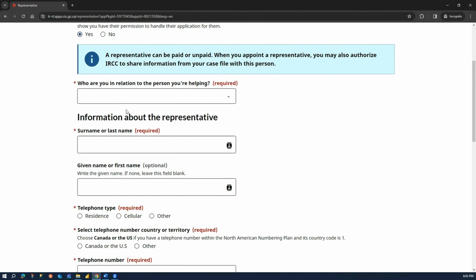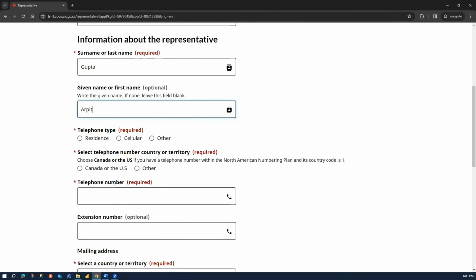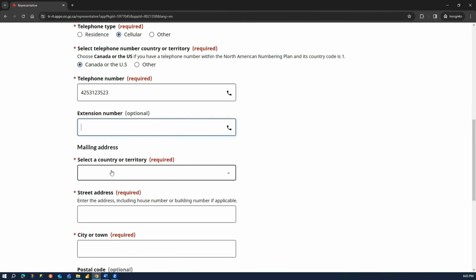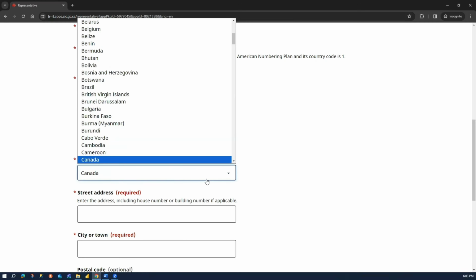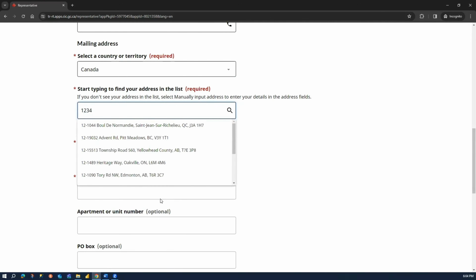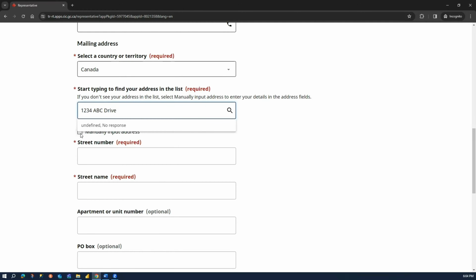Who are you in relation to the person you are helping? So, family member. And then my last name, Gupta. First name, Arpit. Telephone type, I'll say cellular, Canada, US, and then I will provide my number. I can just type any random number. And then mailing address, Canada. Start typing your address. So, okay, I'm just going to fill a random address, 1234 ABC Drive. Not going to search, so I will just put the manual